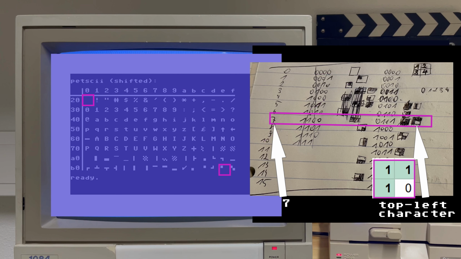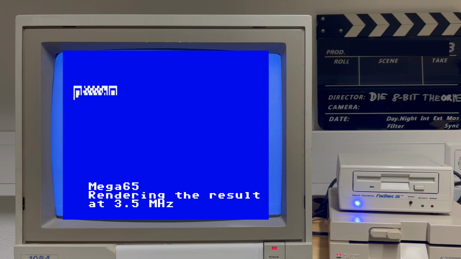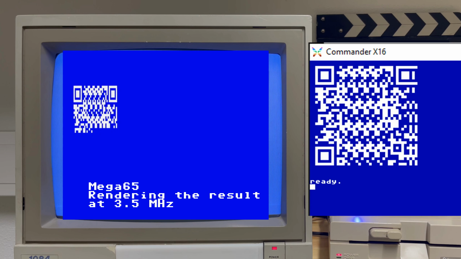Some of the characters are in the Petscii tables just as we need them, and some of them just need to be inverted to show the right combination of modules. As you can see, this works pretty well. And to the right you can see a code that had a bug in the rendering routine. Only the rightmost column is affected, but due to error correction it still works.